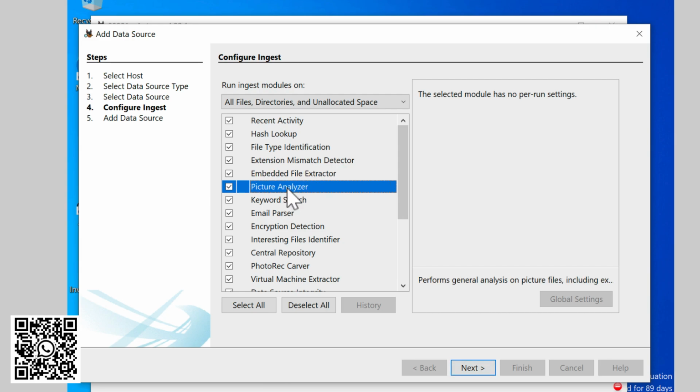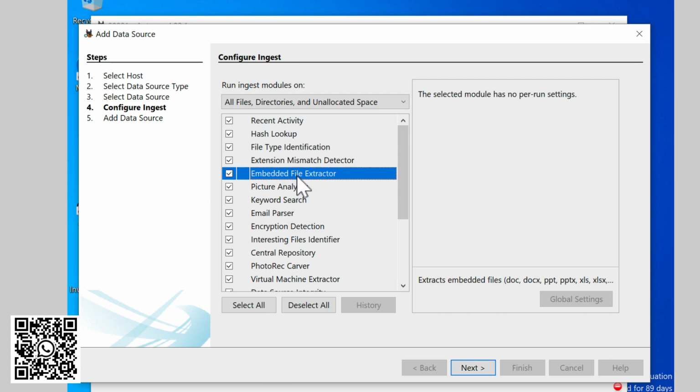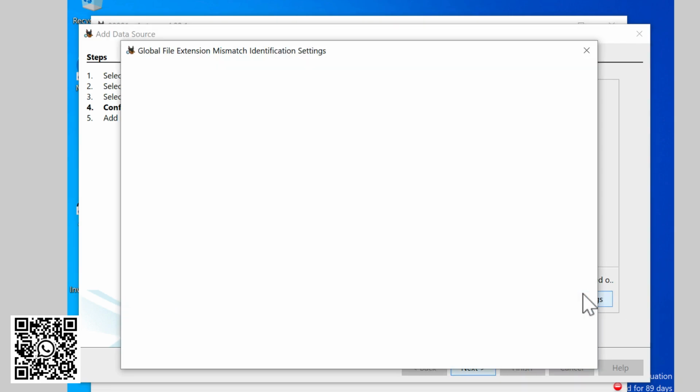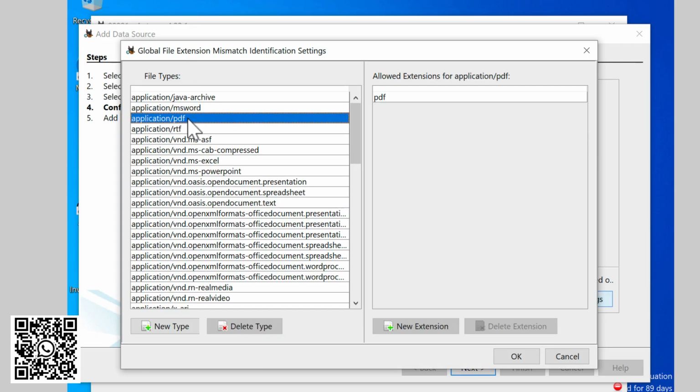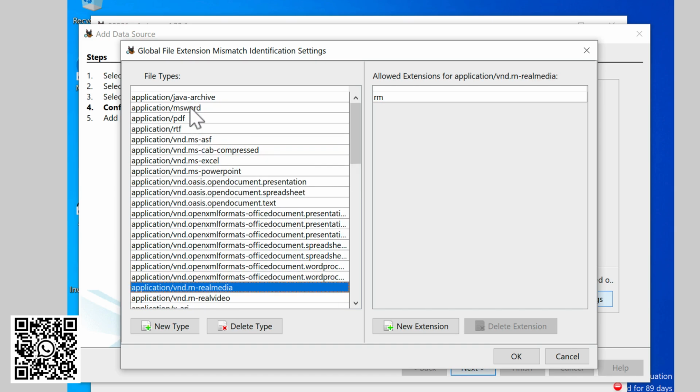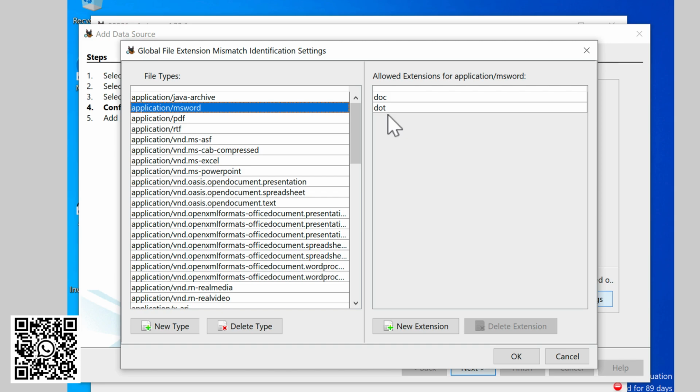The next is embedded file extractor, that basically allows you to extract embedded files, and for files like RAR or zip files, it allows you to extract them. Now over here, extension mismatch has a lot of MIME files. So in the next few series, we are going to talk about what are the file extensions.